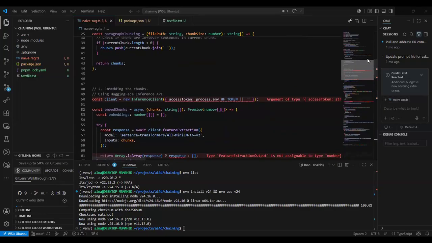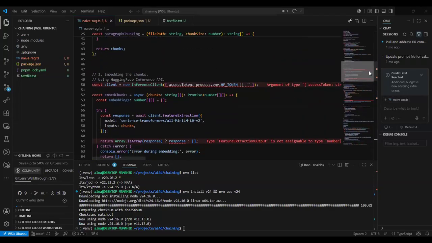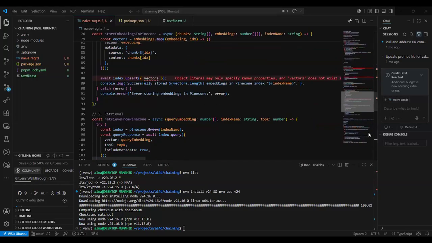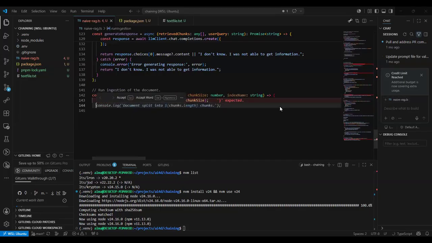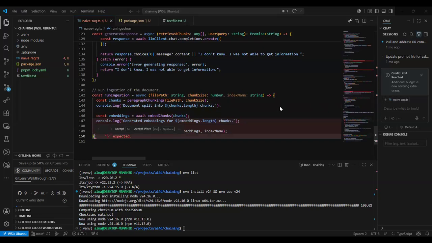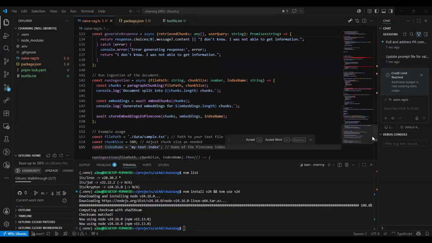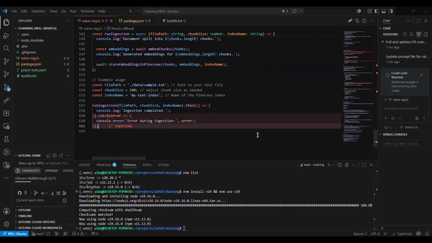we'll get the chunks from paragraph chunking. Then we'll embed the chunks. Okay, that's all. And then we'll start embedding in Pinecone. So it's 3 steps. Well, maybe we can put that in a method. That's still okay, I guess. So I'll go with that idea. And then we will just run ingestion. Okay, so we're using